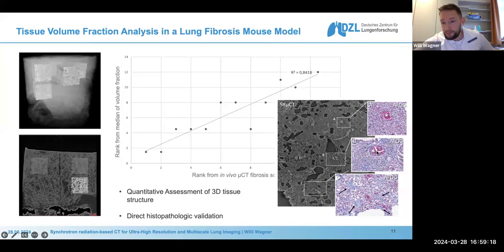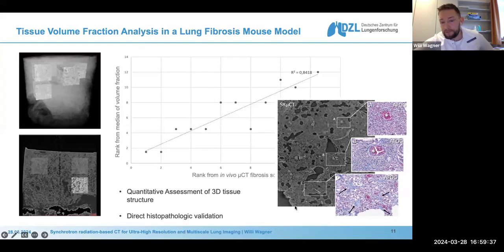In this panel, we can see collapsed air spaces, infiltration of inflammatory cells around blood vessels, and also actual fibrotic hotspots that we find predominantly in the periphery of the